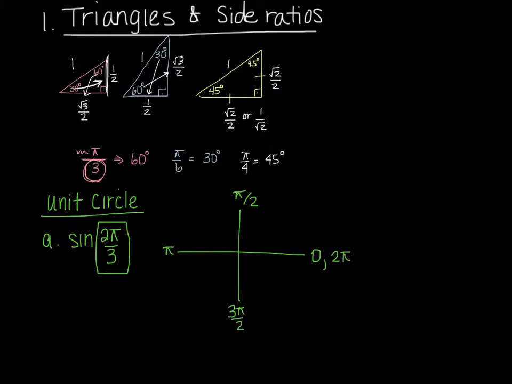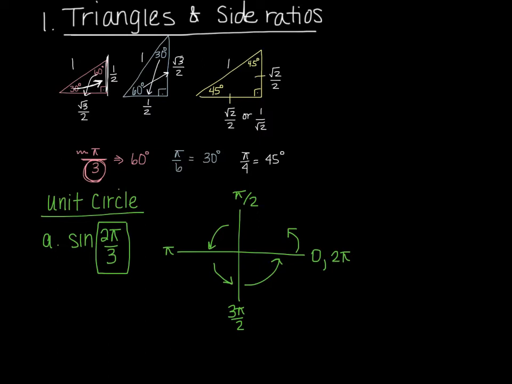I start at 0, I rotate up into the first quadrant until I get to 90 degrees, which is pi over 2, rotate over to create a straight line, that's pi, or 180 degrees. Continue rotating. I'm now on the boundary between the third and fourth quadrants, or the negative y-axis. That is 3 pi over 2, and then all the way around would get 1 complete revolution, or 2 pi units. So 2 pi over 3, I have to figure out where that's going to be.